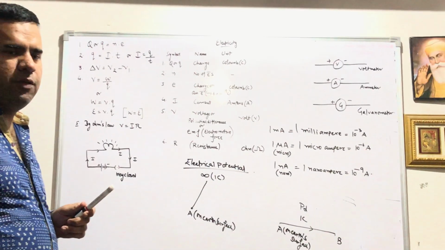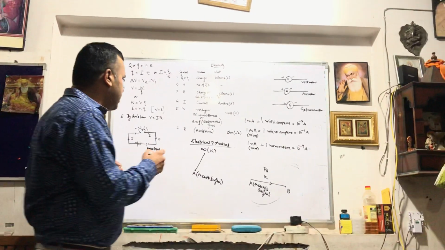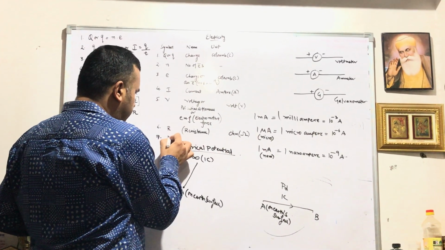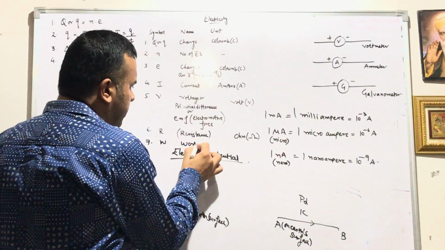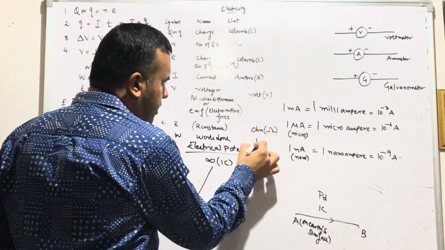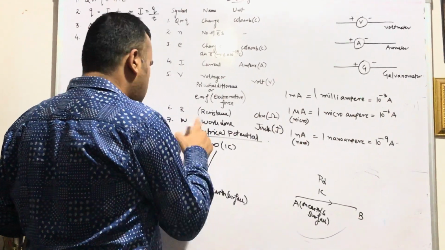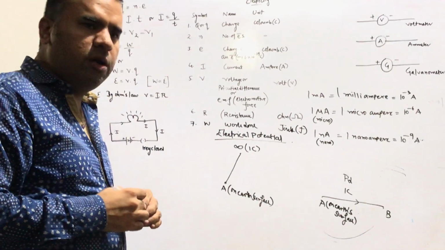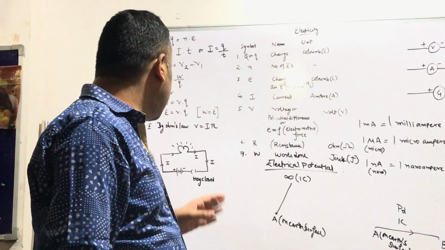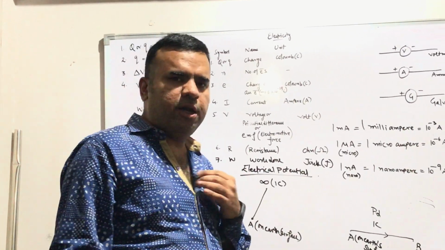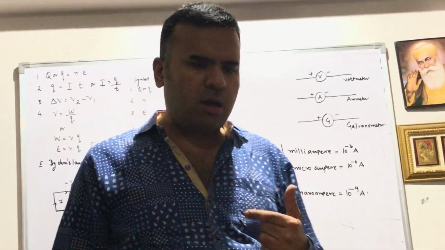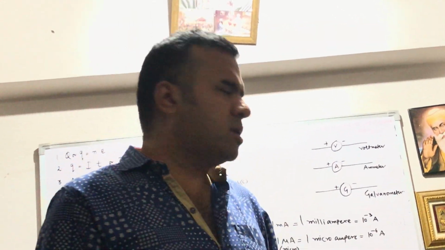Further, work done is equal to energy. Capital E means energy. You know about W. W stands for work done. And the unit of work done is joule. It is represented by capital J. And W is equal to energy, and the unit of this energy is also joules. Later on we will study Ohm's law, which says V is equal to IR. But before that I would like to discuss some numericals.